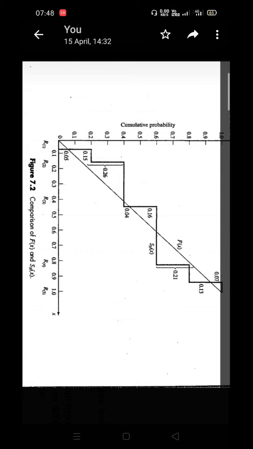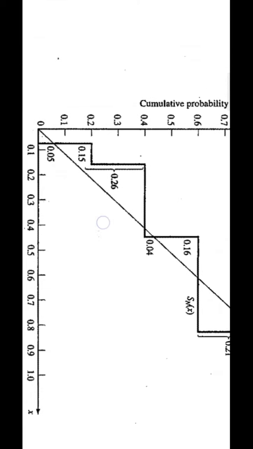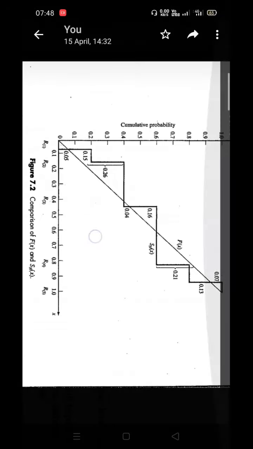And here on the y-axis, what are the points to be taken? On the y-axis, the points to be taken are i divided by n, the probability value. The total number of random numbers generated is 5, that is n. What is i here? i is the ID of the random number. The ID of the first random number is 1, second is 2, then 3, 4 and 5. Please recall what you learnt in the previous session.